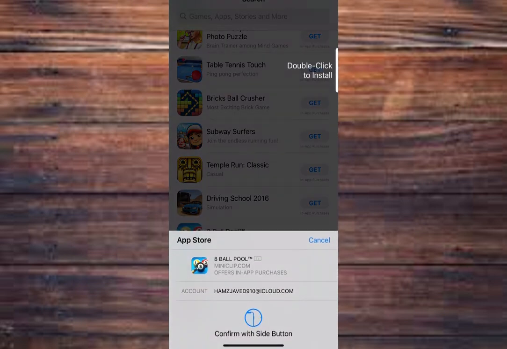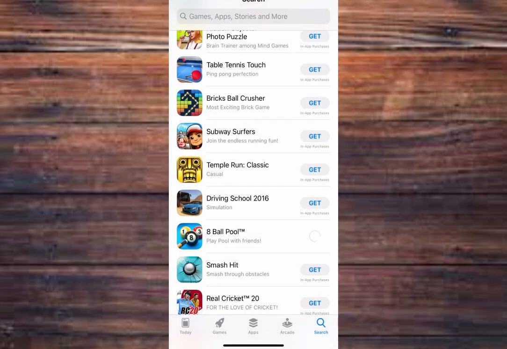Now again see, so let's click again on 8 Ball Pool, and here is the option, double click to install. So here is the Face ID. So hope